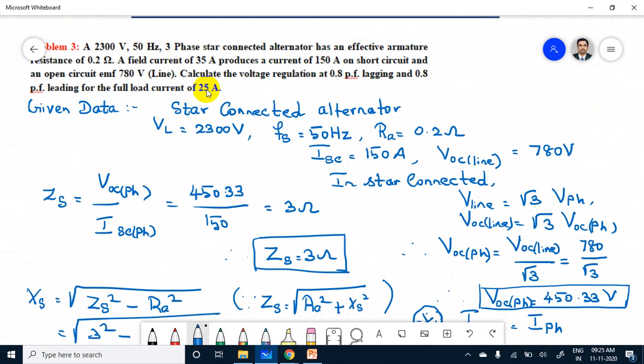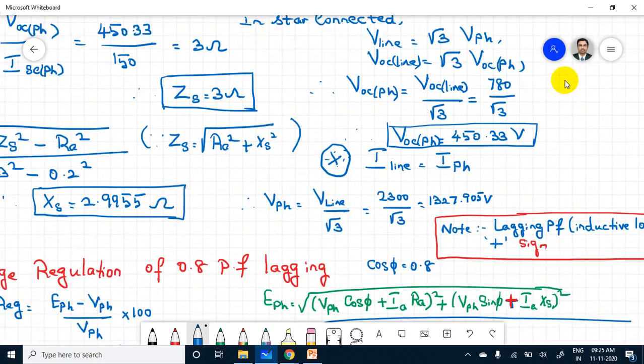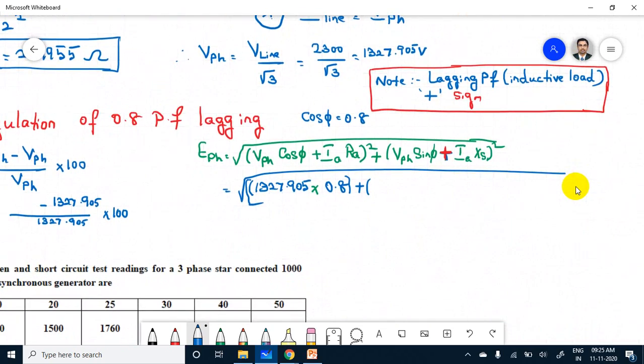Here the full load current will be 25 ampere. IA phase equals IA line, the armature full load current, equal to 25 ampere, into RA, the effective resistance, 0.2, whole square plus